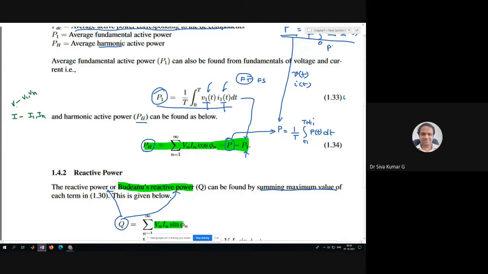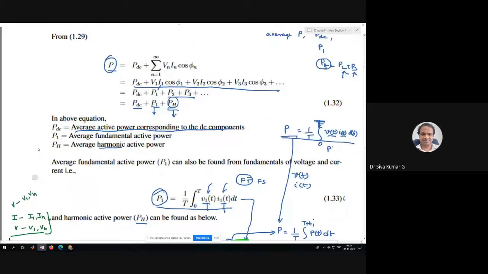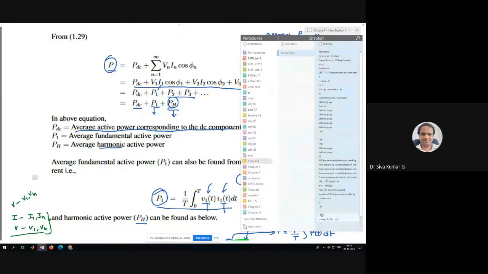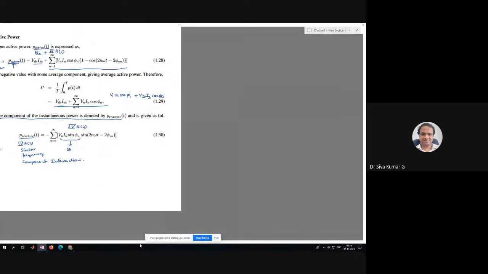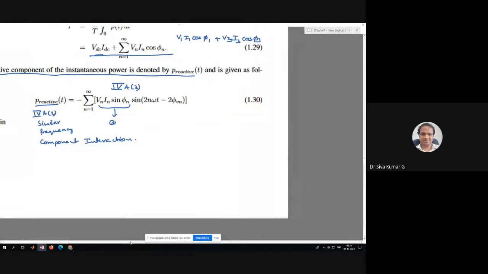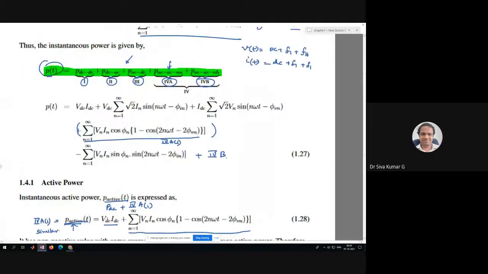We have seen this particular case, the voltage with respect to the fundamental voltage and harmonics, and the current also. This particular equation, we have seen the derivations also. How does the instantaneous power look like? In the instantaneous power, we are seeing these kinds of contributions. We have considered the DC component also in the voltage as well as the current. In that case, these are the instantaneous powers which will exist in a system when you have these particular voltages and currents: the DC component, fundamental voltage, and harmonic components.